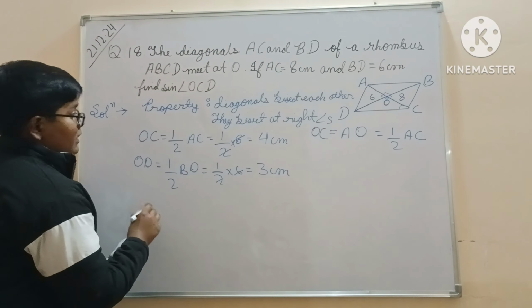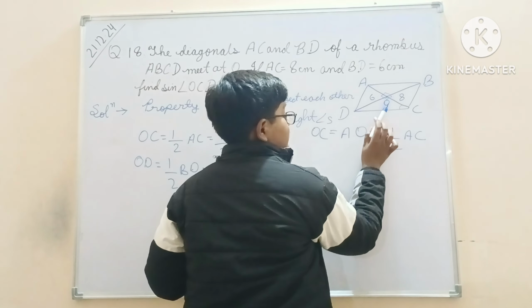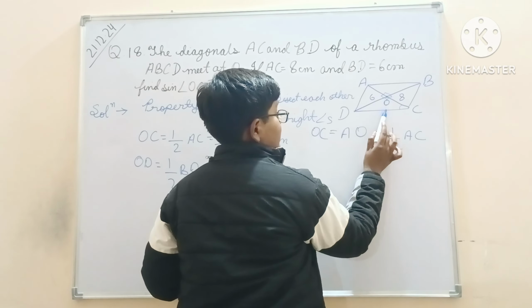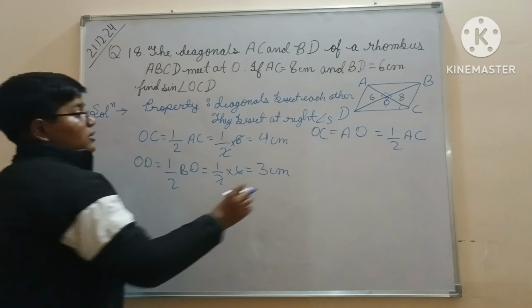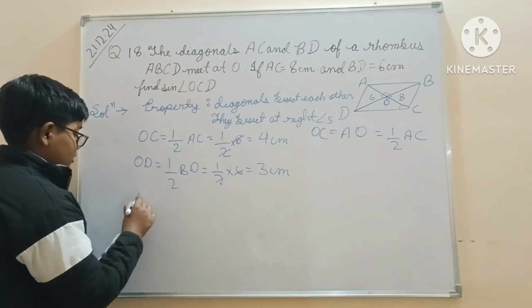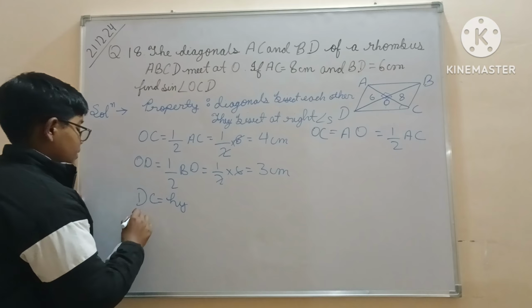Now we will find the hypotenuse. The hypotenuse is the side which is in front of the 90 degree angle. This line DC is in front of the 90 degree angle, so DC is the hypotenuse. So by Pythagoras theorem,